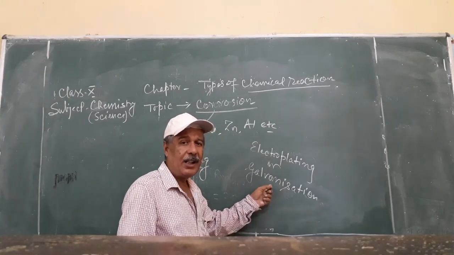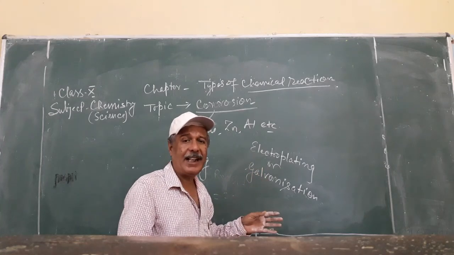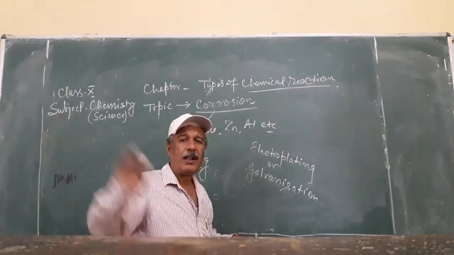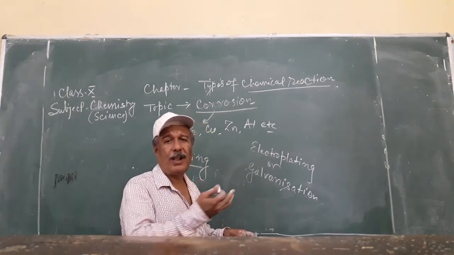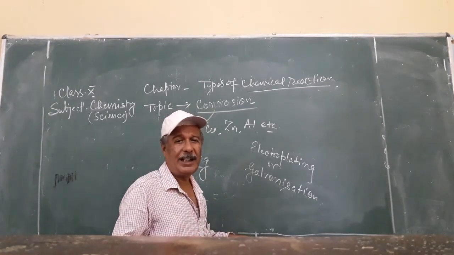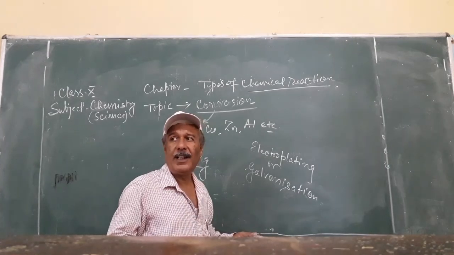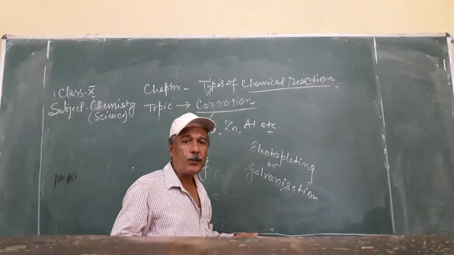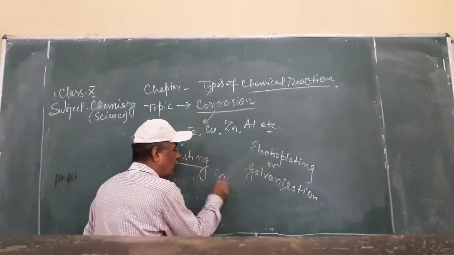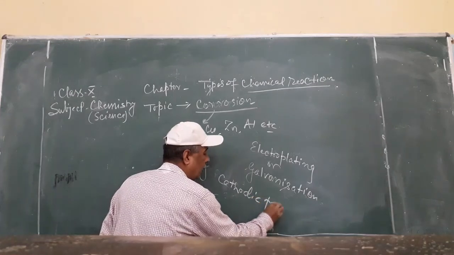And sometimes we need protection of very big iron tanks in petrol pumps or in huge pipelines, as for example the Hazira Bijapur gas pipeline, the Assam Digboi oil pipeline, and all these things. In order to protect them, we need certain other techniques, and that is known as cathodic protection.